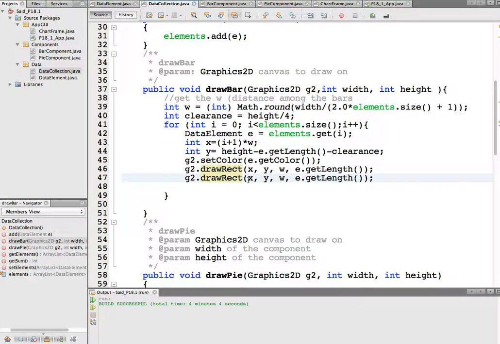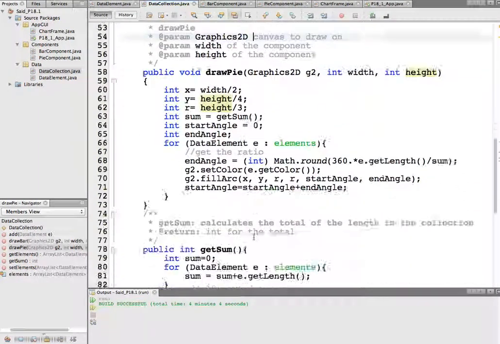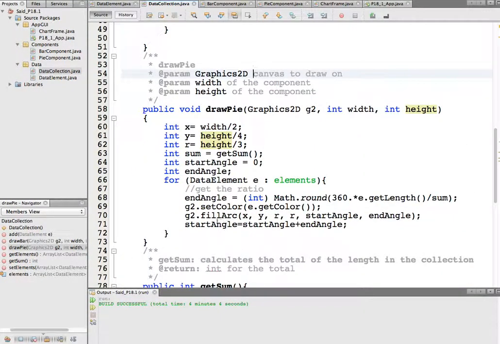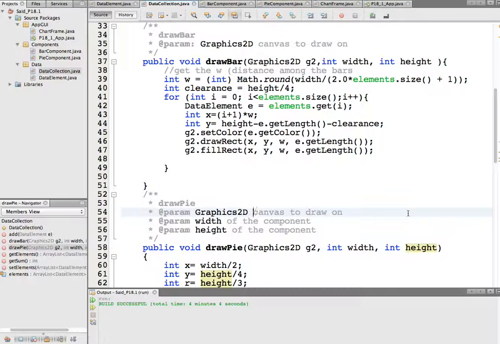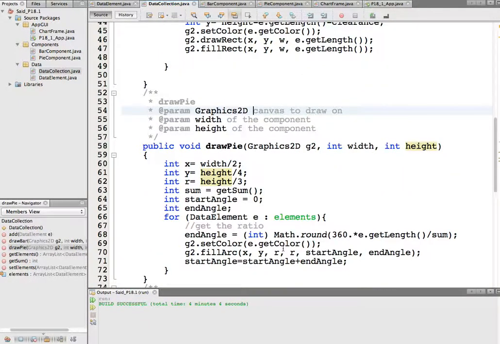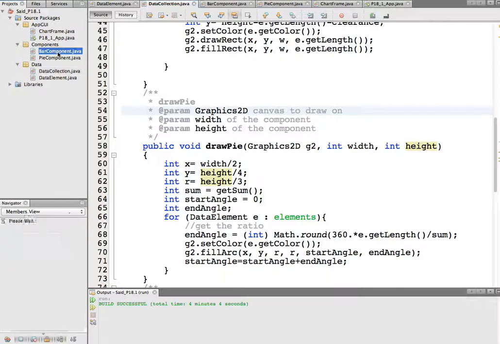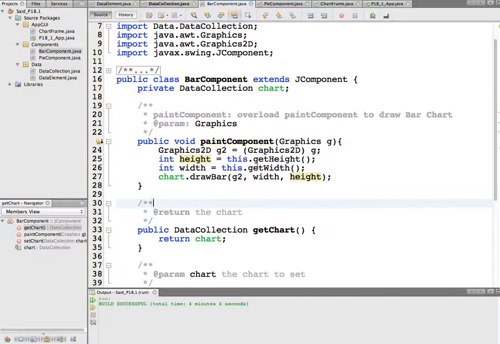And fill rectangle works the same way. You can also do a draw arc with the fill arc. If you don't want to do a fill arc, you can also do a draw arc. Other than that, I think these two work beautifully. The width over 2 for x, yeah, what I want to see first in the bar component,